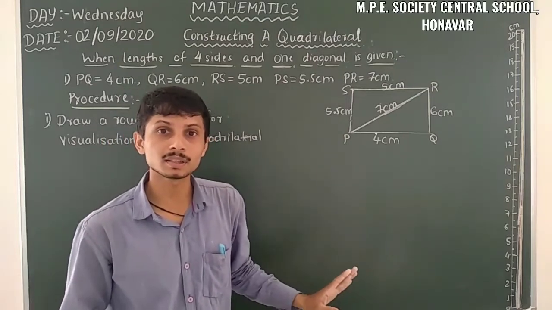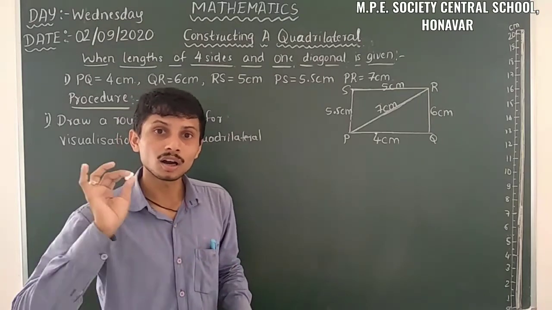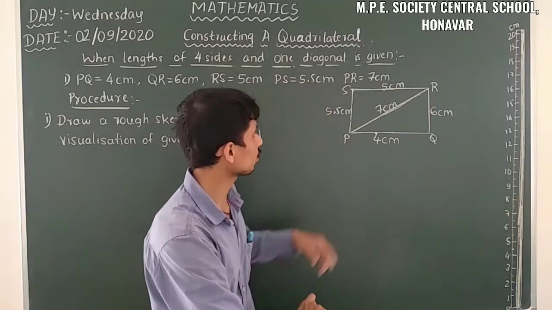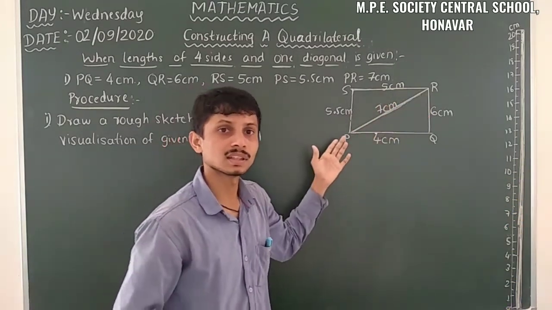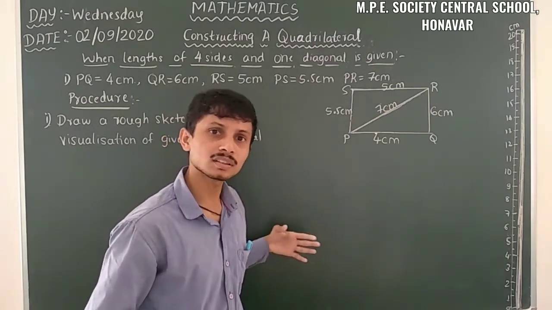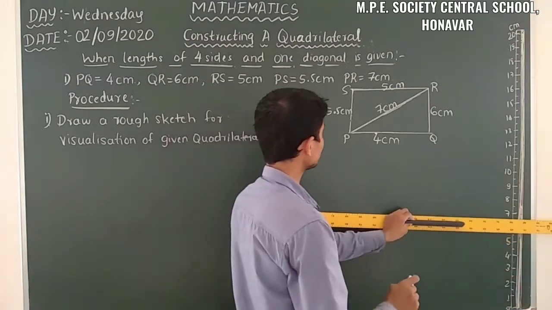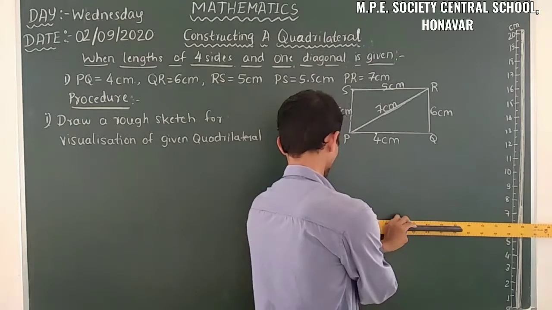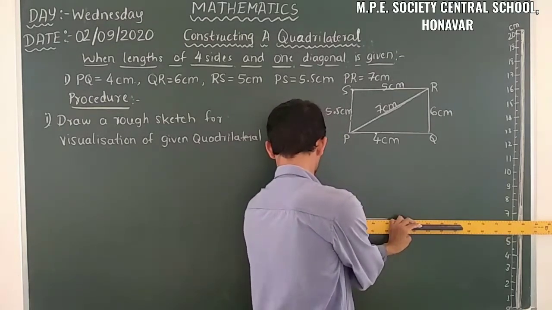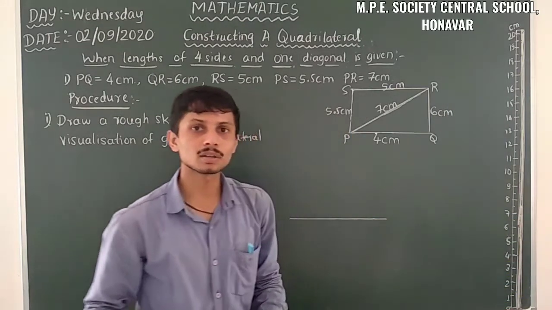Take the 7 centimeter of length using a meter scale. So draw the diagonal. Here it is cross type, like an inclined line, but you can draw it in a straight line, in one direction. So I will take 7 centimeter here. Yes, take the exact measurements in your notebook.